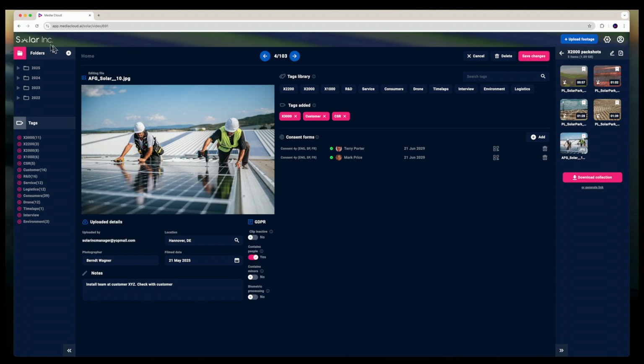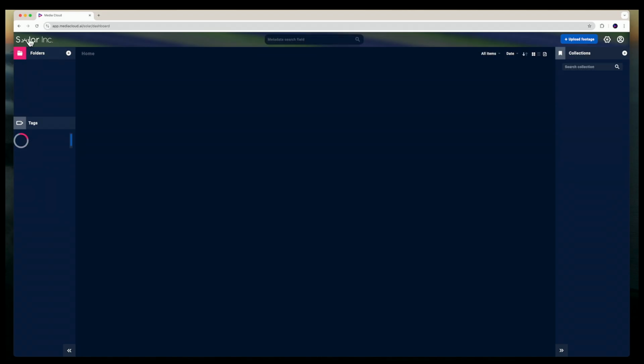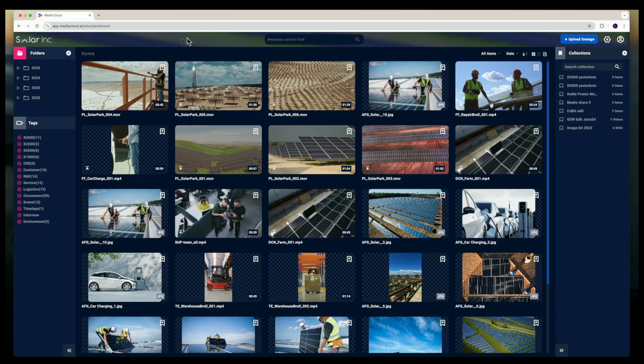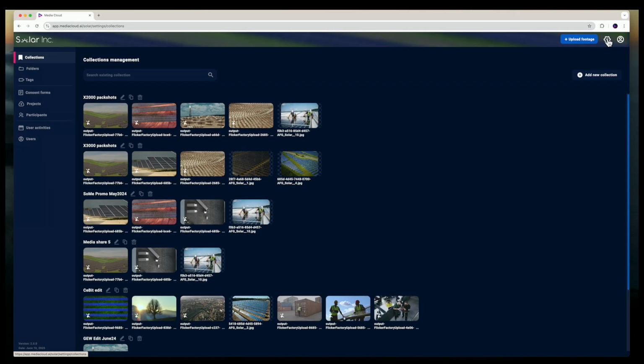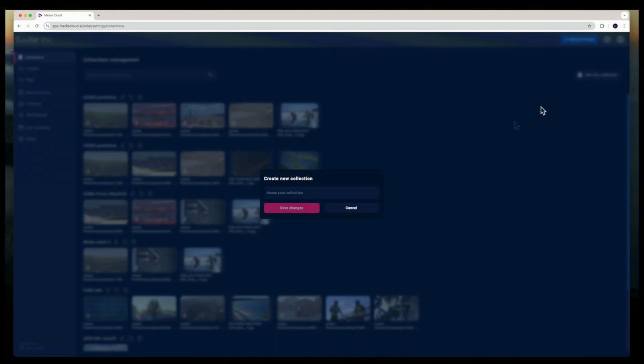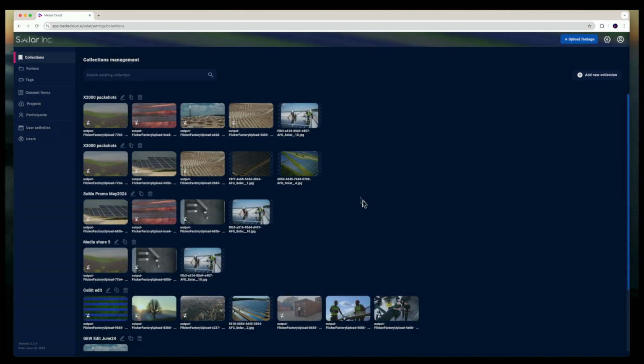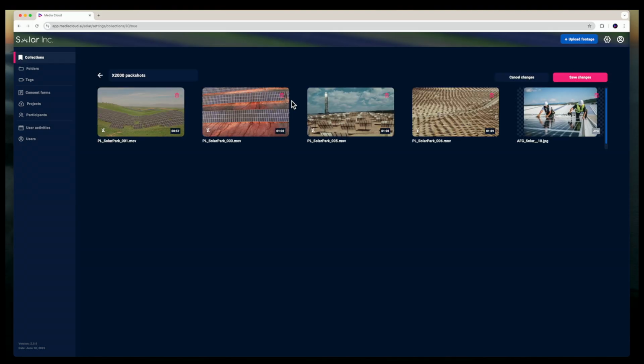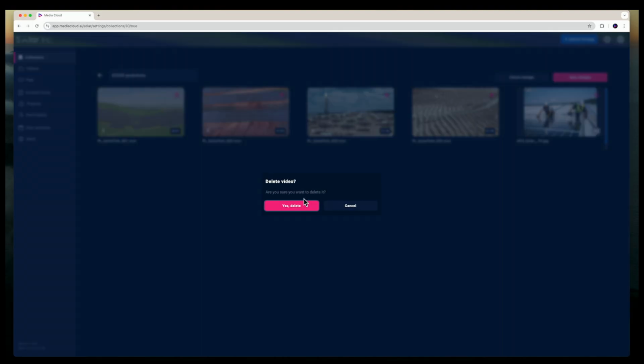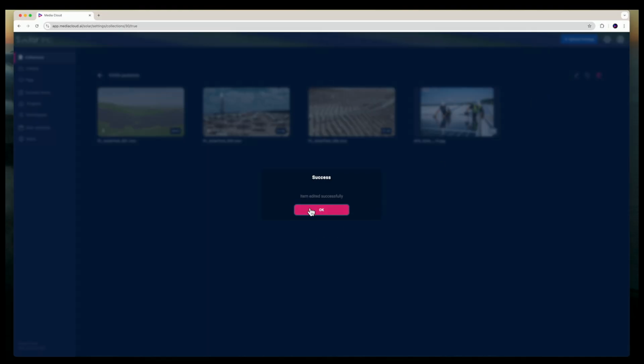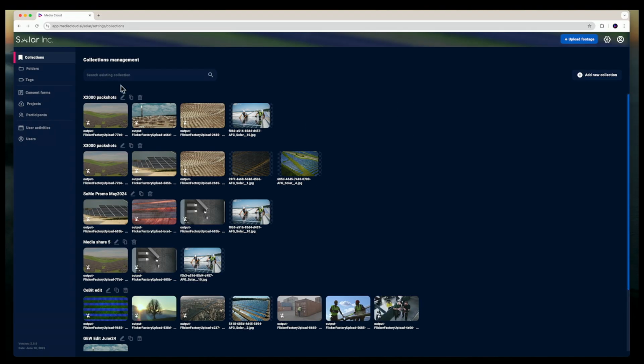And remember, we can always go up in the left-hand corner, click the logo and return to our main screen. On the right-hand side here, we have our settings subpage where we can see additional features and tools. First up, collections, and we have a simple search box. We can, on the right-hand side, add a new collection and name it here. We can edit a collection. Let's say we may want to remove a specific asset, and yes, we remove it, we hit save, and then we go back. I can also duplicate or delete a specific collection up here.